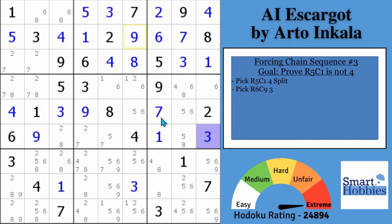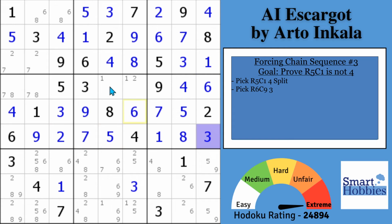6, 5, 8, 4 in block 6, 6, 5, 8, 8, 4. 2, 5, 7 in row 6, 2, 5, 7 there, 6, 1, 2. And we're going to look for another contradiction in block 5, 5, 1 in column 6, 4, 8, column 7, 9, 5 in column 9, and then a 2, 8, 4 in column 4,